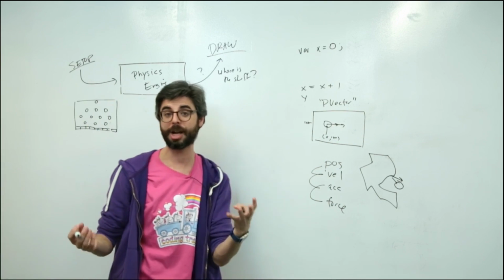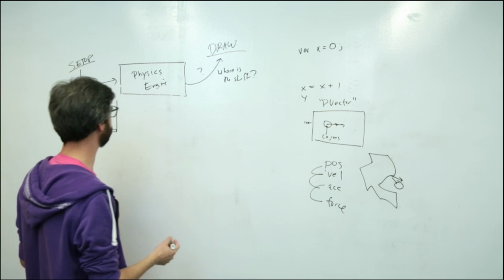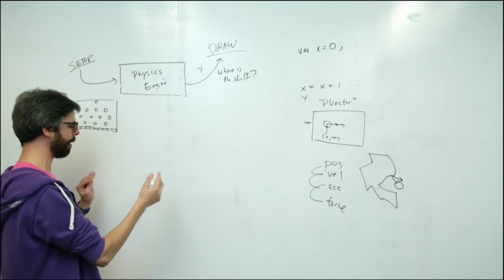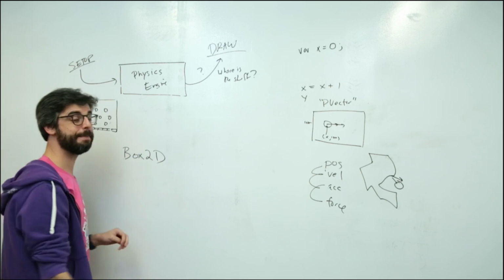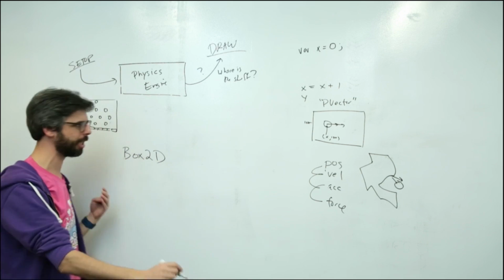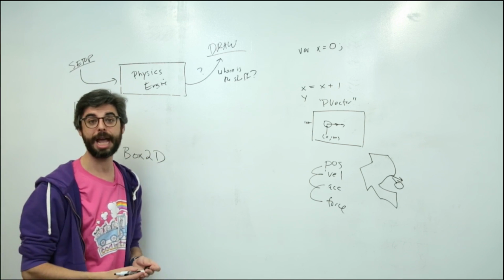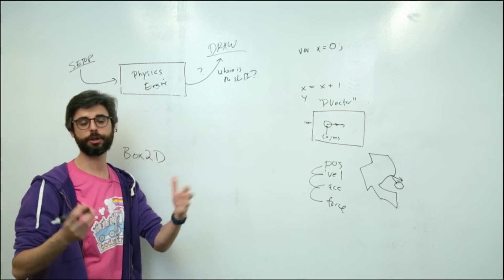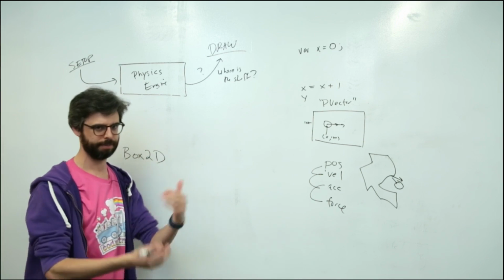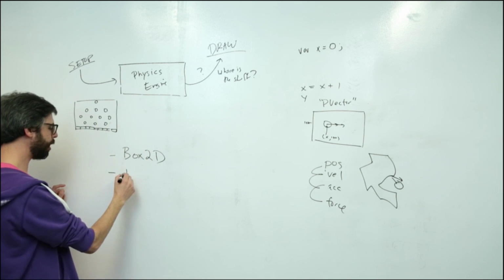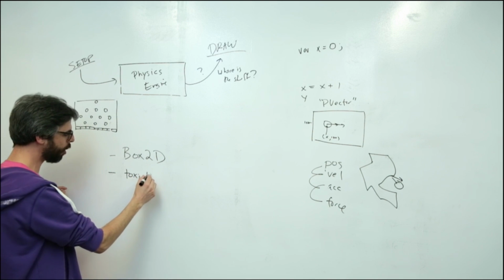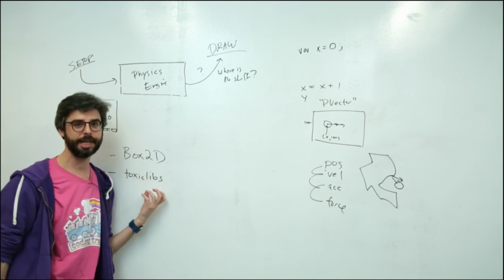And there's a bunch that I want to discuss and talk about. So let me make a list of different physics engines. We can talk about some of their features. So Box2D is one of the more famous, well-known physics engines that's behind a lot of well-known 2D mobile games like Angry Birds, fill in all the other ones after that. There's also something called toxiclibs, which is Processing